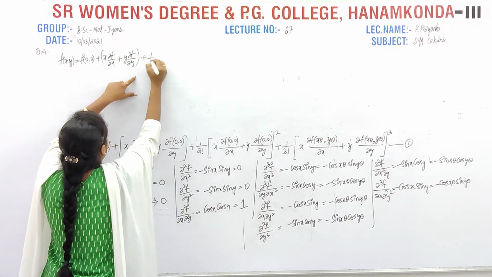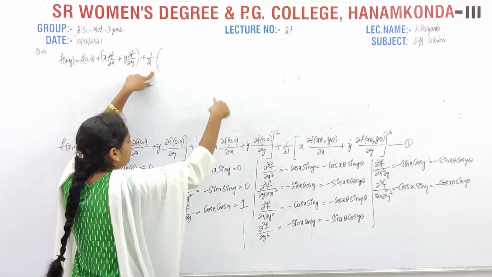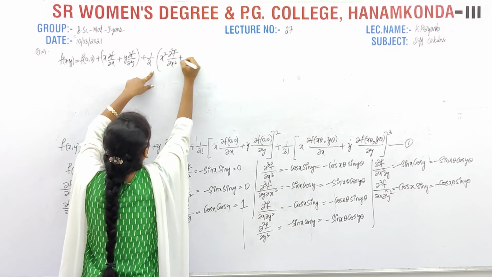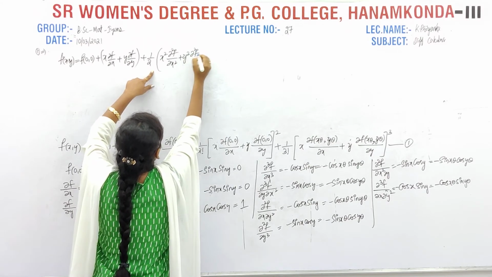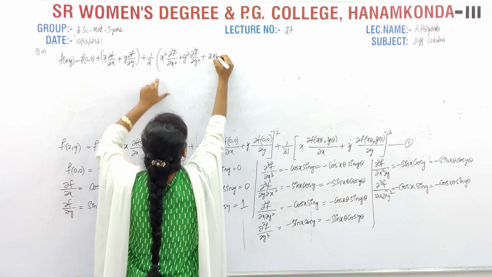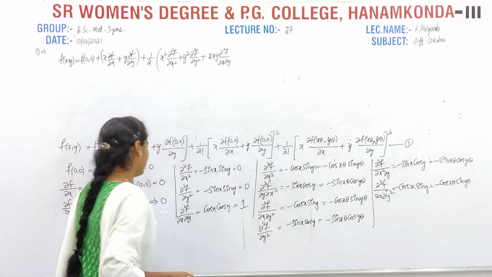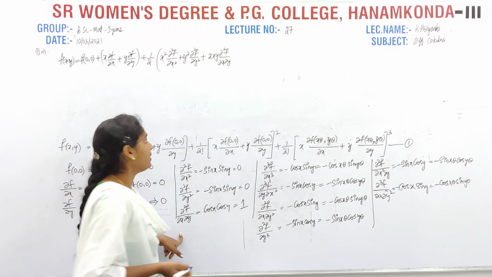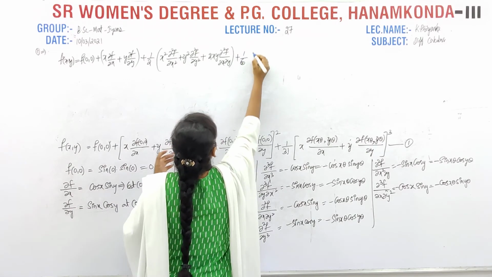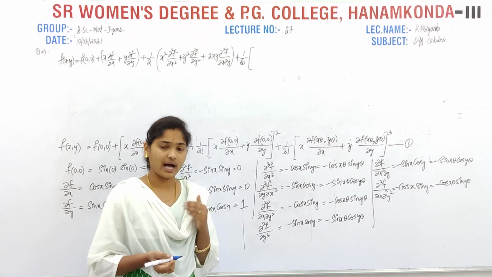Okay, plus 1 by 2 factorial means 1/2, (a + b) whole square. That's why here what we get, x² ∂²f/∂x² plus y² ∂²f/∂y² plus 2xy into ∂²f/∂x∂y or ∂y∂x. Here I calculated ∂x∂y. Okay, now this is finished. Plus 1 by 3 factorial means 1 by 6. Actually why I am taking this, in the given question, they asked to prove something, no?